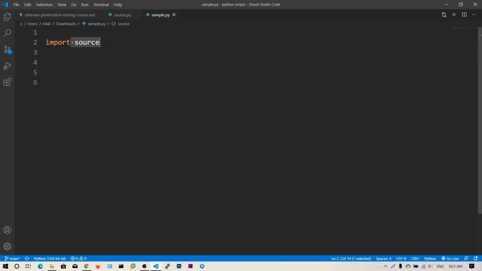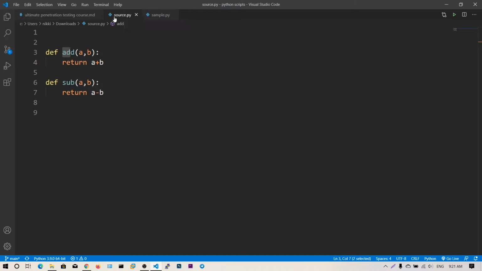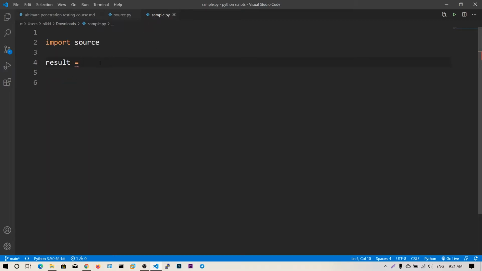Now I have to import this source. Now what I can do is say result equals, and to call a function in another Python script, you need to call it via the dot operator. You need to say source, the file name, dot the function name, so source dot add.